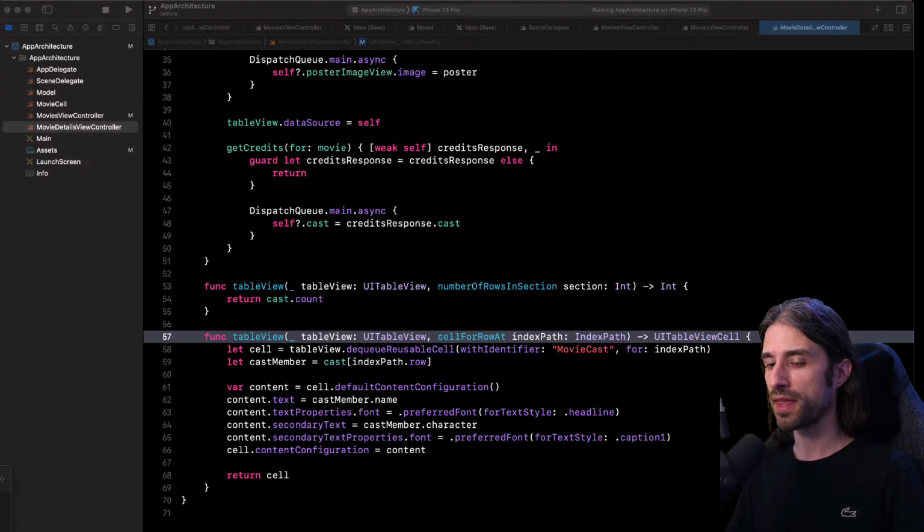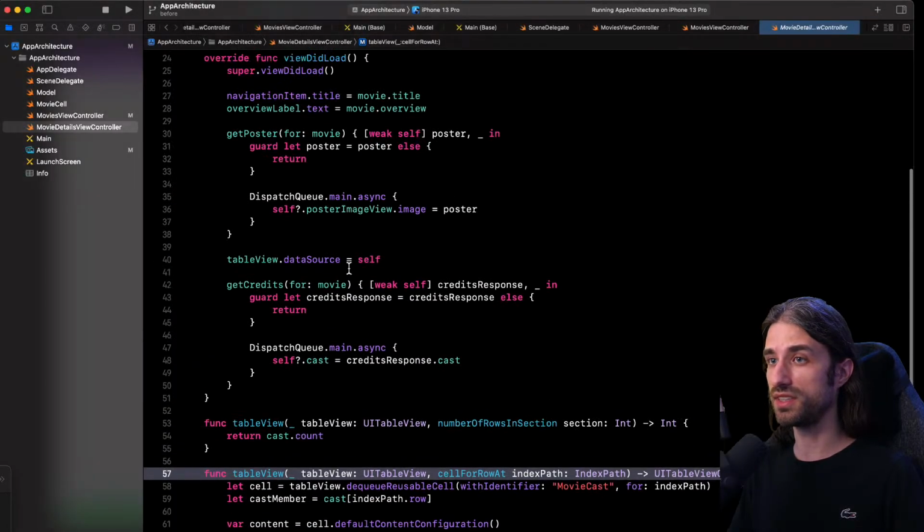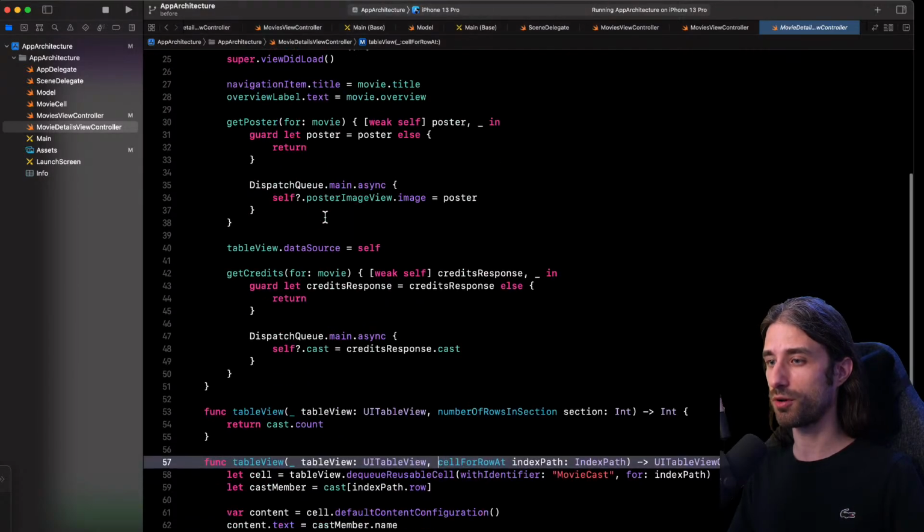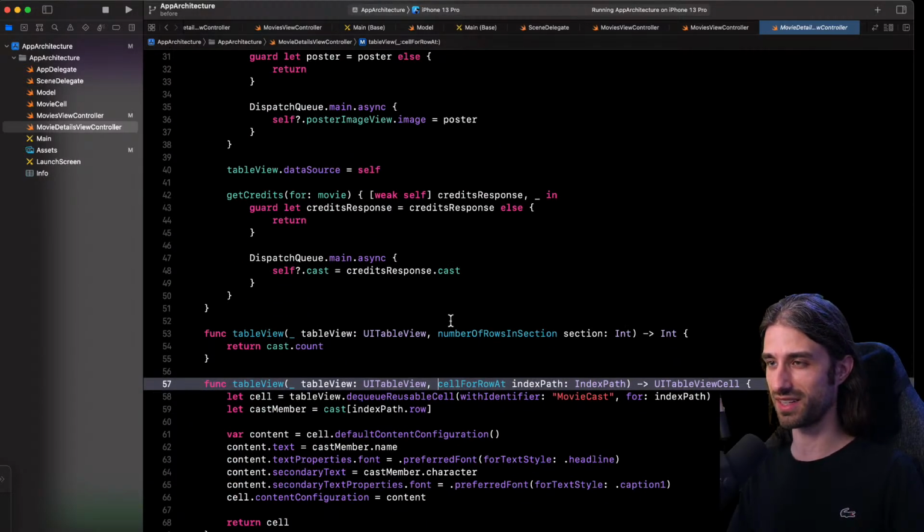So I would say if the type needs the extension to work, maybe put it in the same file. Here, that's the case because this view controller, without its conformance to UITableViewDataSource, definitely is not complete. We could say there is something missing. So in that case, I would argue let's put it in the same file.